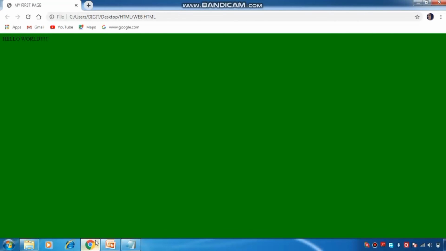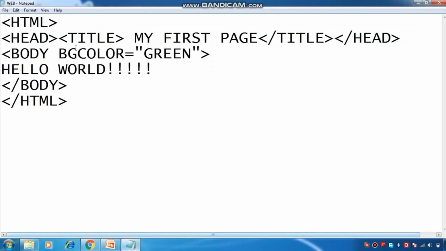Now the next thing is changing the color of your text. Means how we can change the color of our text. Suppose this is the hello world, and if I want to change the color of my text, then I have to write here in the body tag text is equal to the color name.